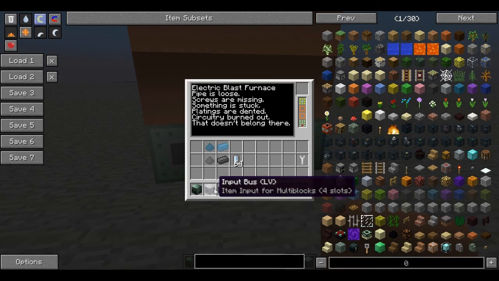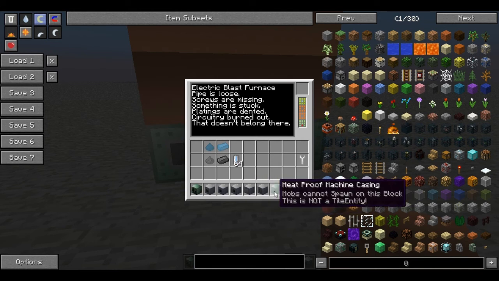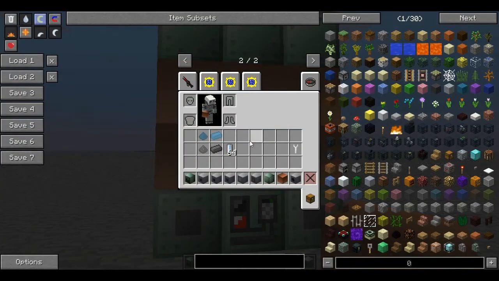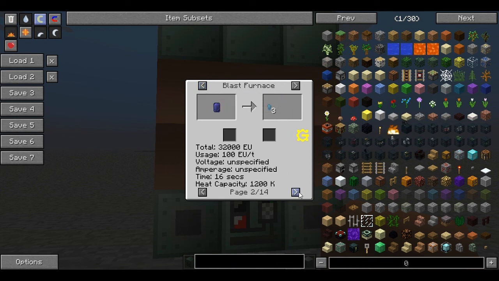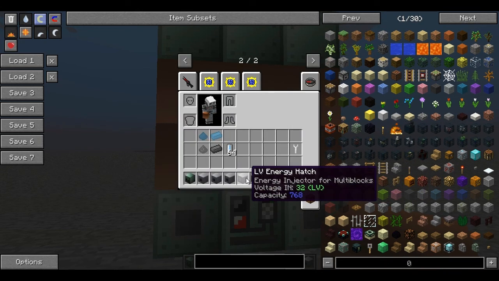Now, as you see, everything here is low voltage because we cannot make anything of medium voltage yet. We need to use the blast furnace to make the material of medium voltage, that is aluminum. However, to process aluminum, we need to blast it in the blast furnace with a certain amount of EU per tick, 120, but I only have low voltage energy hatches, and those can only do 32 EU per tick,